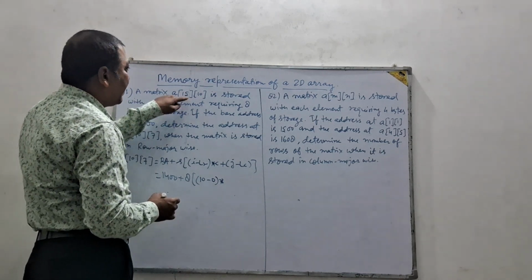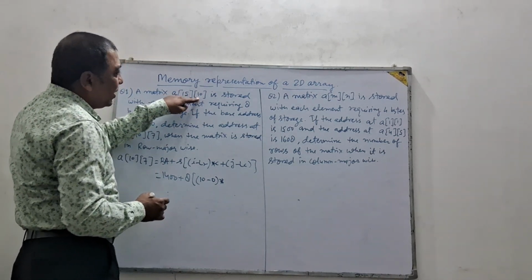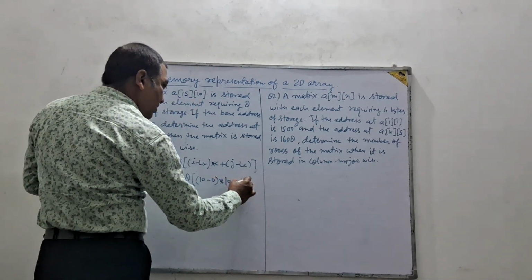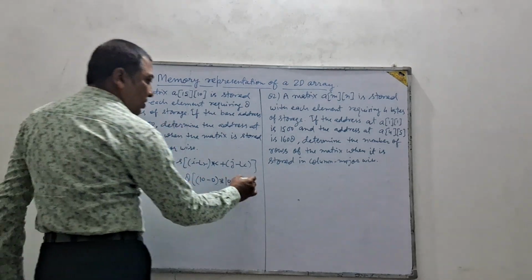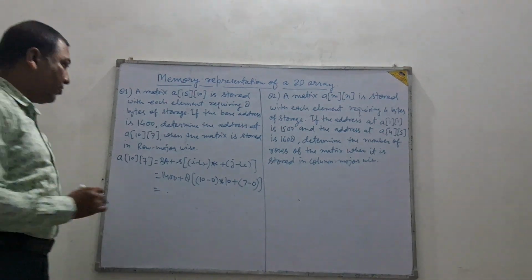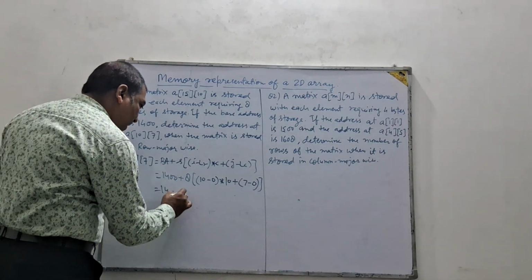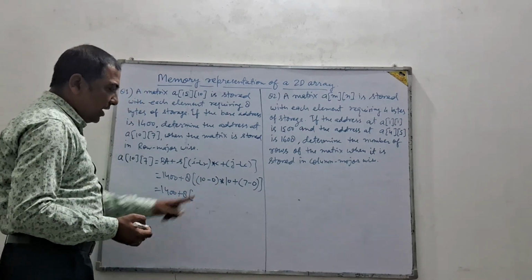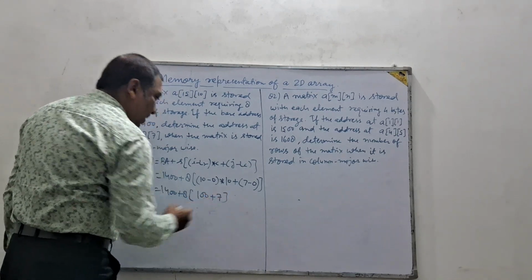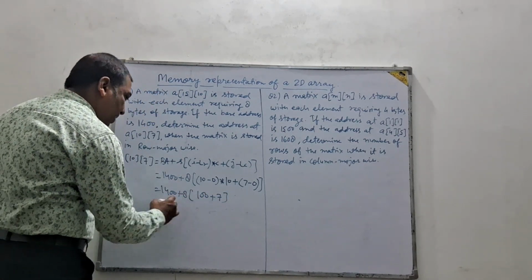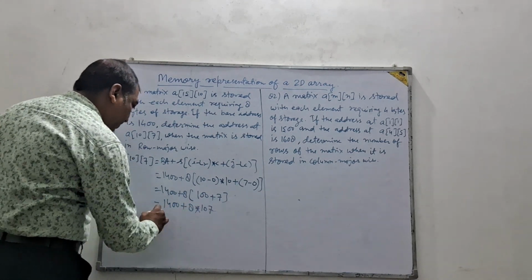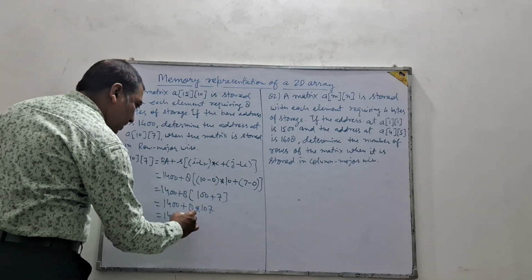The matrix size is given as 15 by 10. That means 15 is the rows, 10 is the columns. So 10 plus the J value, which is 7, minus LC. Again LC is 0 because only the base address is given. So we just have to simplify this formula: 1400 plus 8 times (10 minus 0 is 10, into 10, that is 100, plus 7 minus 0 is 7), 107. Now 1400 plus 8 into 107,